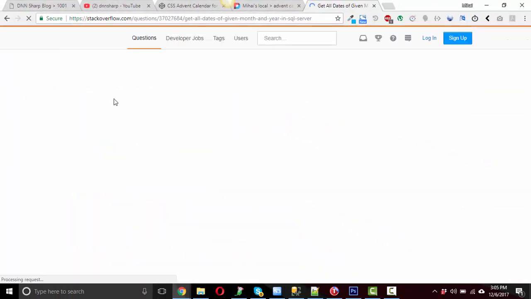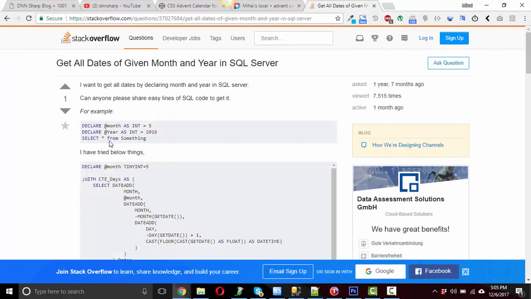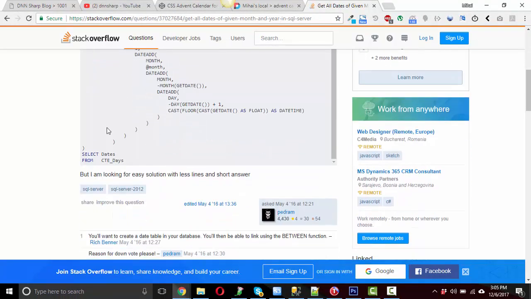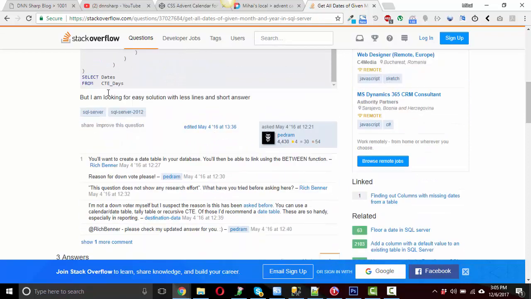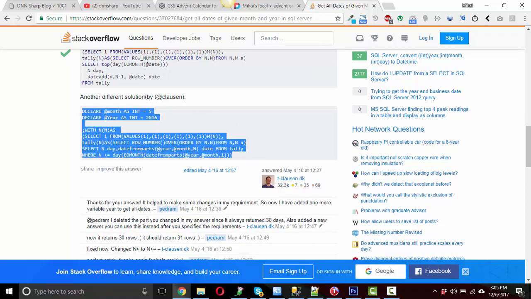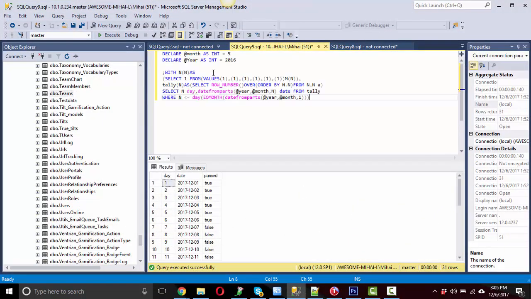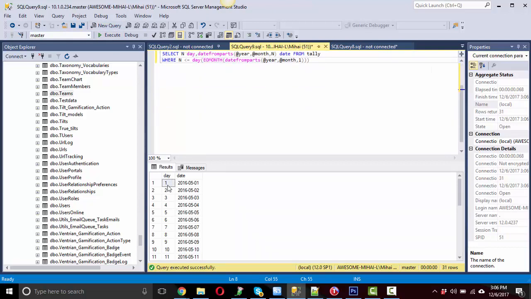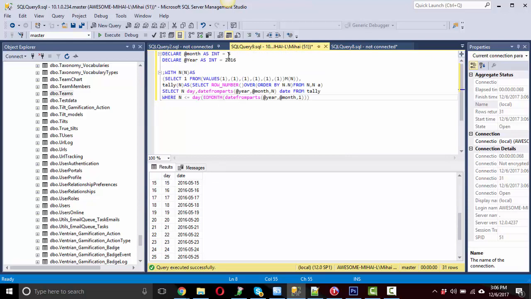Get all dates of given month and year in SQL Server. Now let's see what this does. This is too long, I'm not gonna read it. Let's try this one. I'm gonna copy it, go to my SQL and run it. Okay, so this query gives the day and the date for May 2016. Let's change that to December 2017. Execute. So it gives me the day, which I shall use for